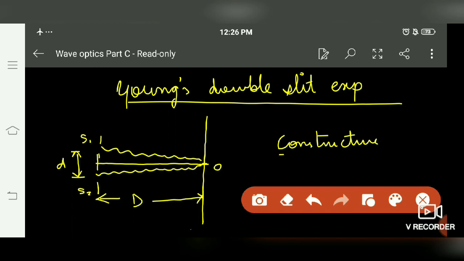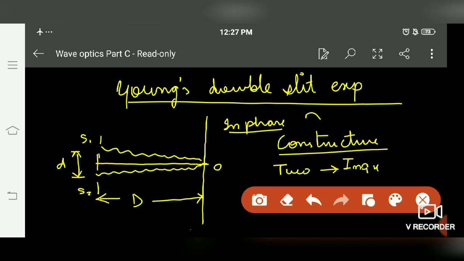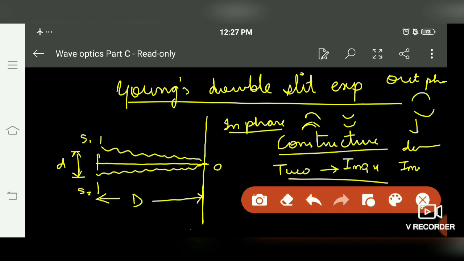Now, what is the meaning of constructive interference? When two waves combine and the intensity gets maximum, it means the two waves are in phase with each other, so crest falls on crest or trough falls on trough. In that case, the intensity of the resultant wave is maximum. In reciprocal phase, if they are out of phase, having an angle of 180 degrees, crest meets trough, and destructive interference will be formed and the intensity will be minimum. So at the center, maxima will be there.